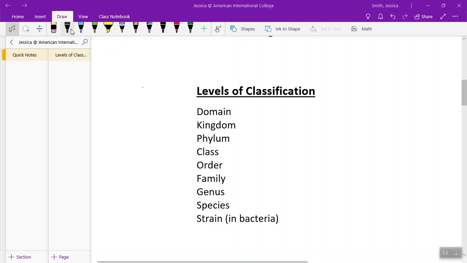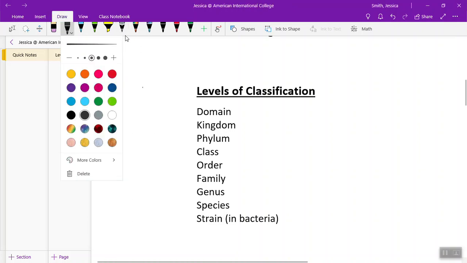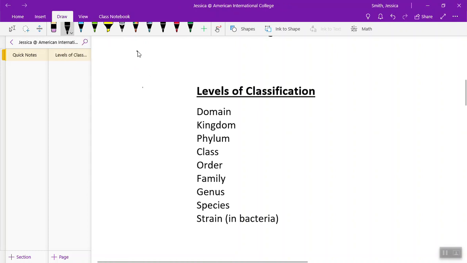Okay, now we're going to go over taxonomy. So don't confuse taxonomy with taxidermy. This is very different. So taxonomy is how we name,